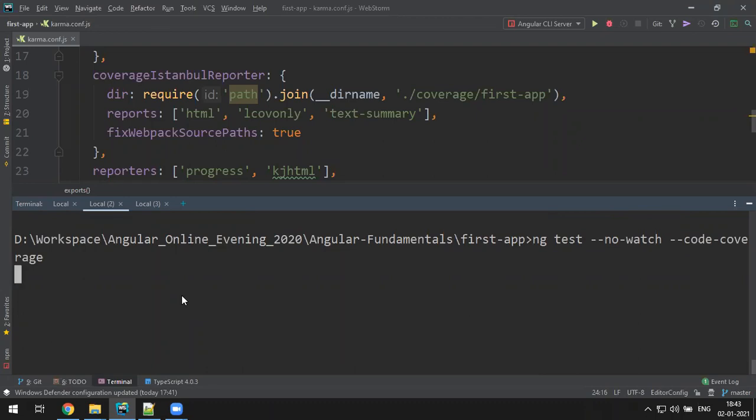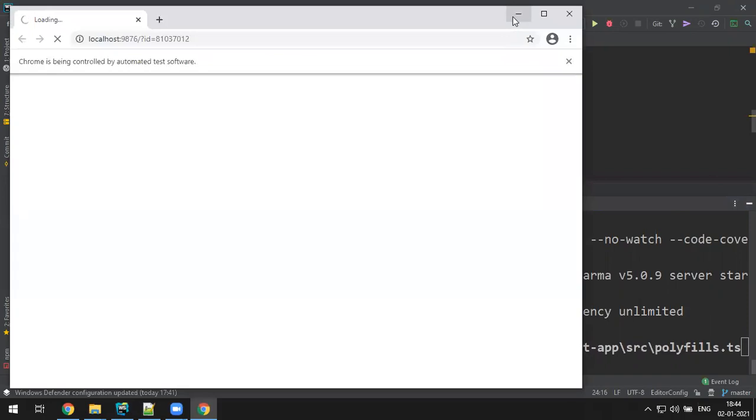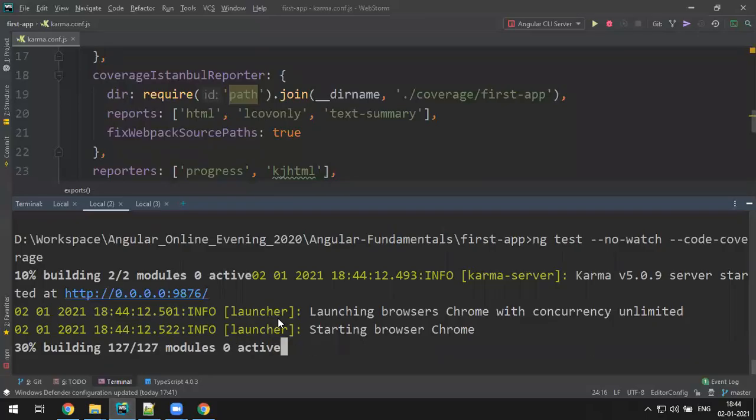So it will generate a code coverage report, because even the client asks how much code got covered in test cases, because they want to exactly verify the functionality of your application. So you must show them the code coverage report. Code coverage is nothing but the test coverage report. Still building.